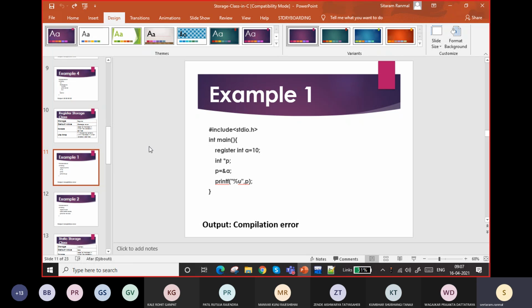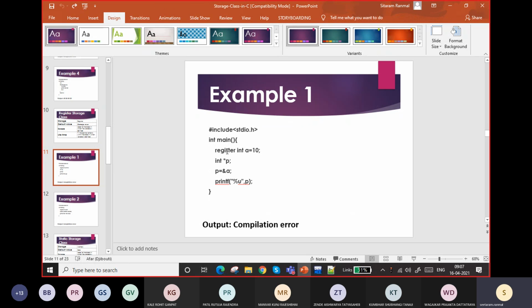Storing variables in memory takes care of storage space and such things. Otherwise, if you allocate everything to registers, it will become unhealthy for the computer.